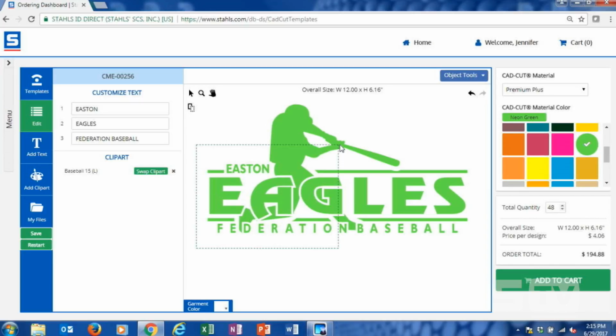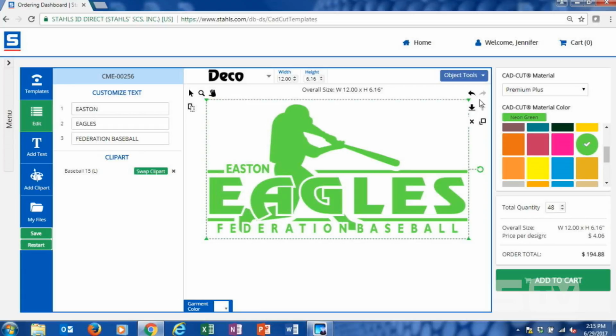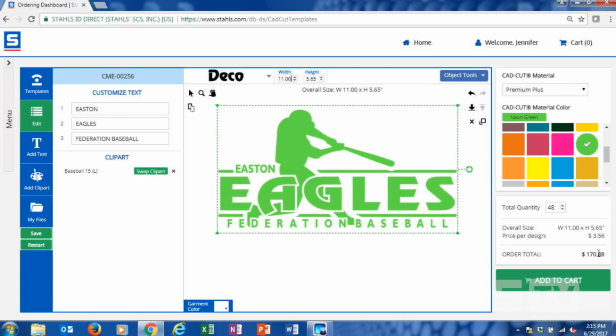So you can mess around with the pricing. Another way to save a little bit is by reducing your design size. So if maybe I test bumping this down to 11 inches, let's see if that impacts the price. Yeah, it just saved me 50 cents on the price just by sizing it down an inch. So the cool thing is you create your design on demand. We have a concept. We select the material. We get an instant price based on the quantity we want to order, and then we just add to cart